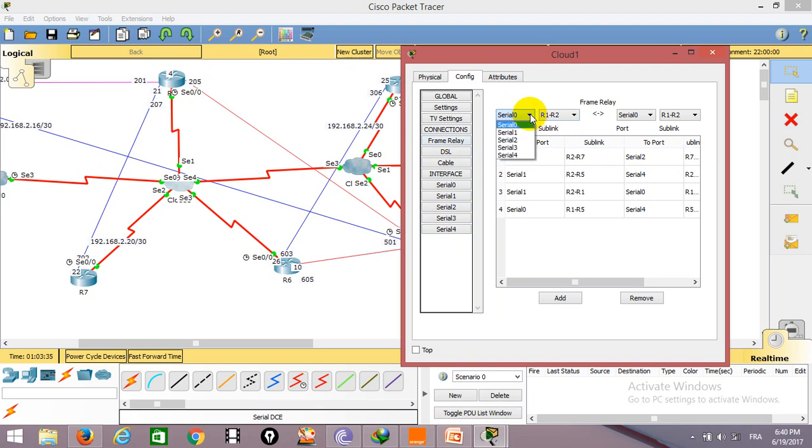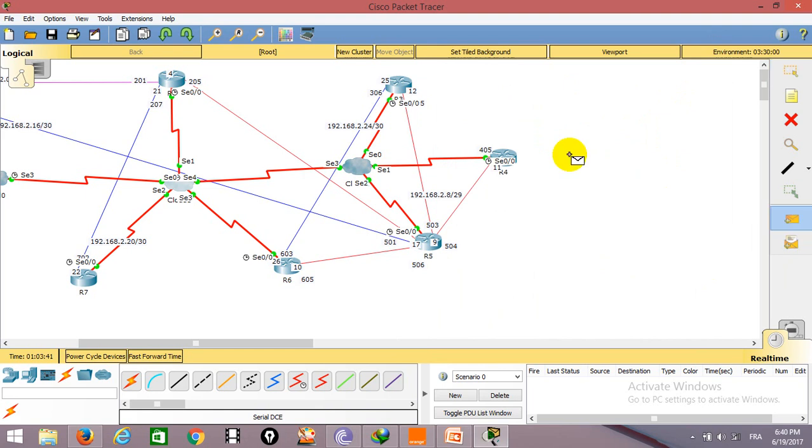So on 4, go to router 4, 306, and router 3, and we add this and try again. Wow,